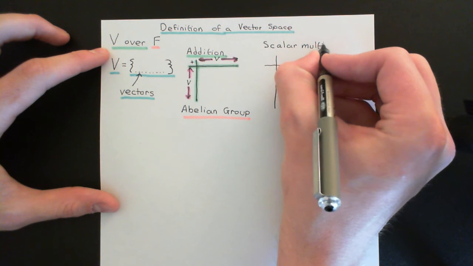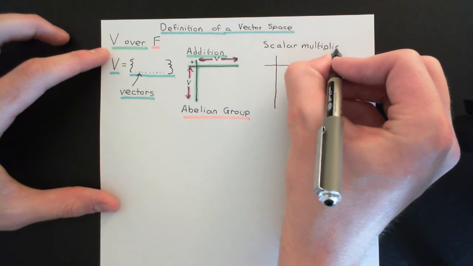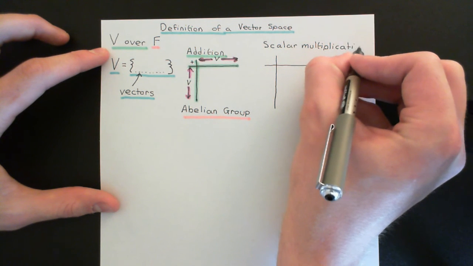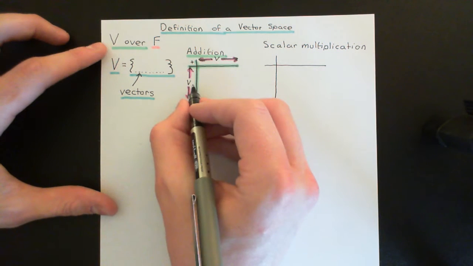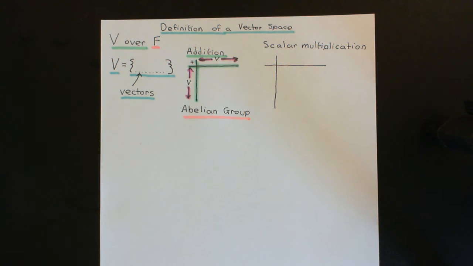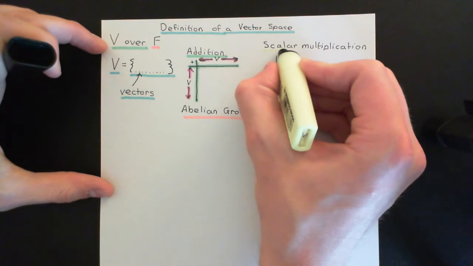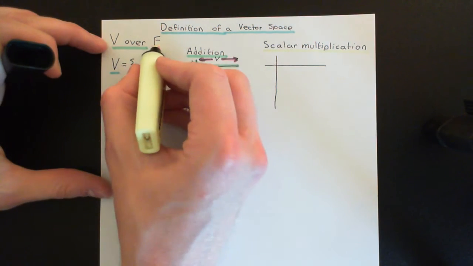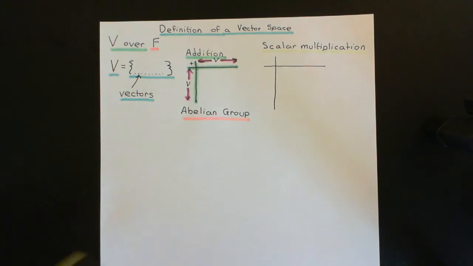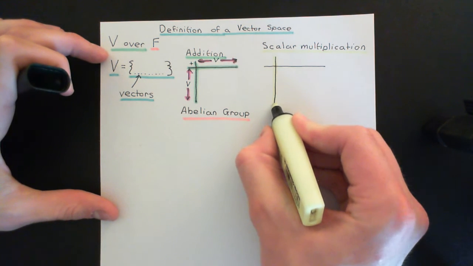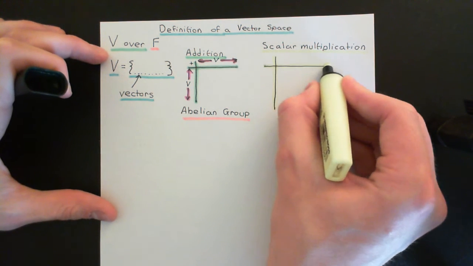This is not a composition table of elements of the vector space with elements of the vector space, unlike addition and unlike all of the composition tables that we have seen before. Instead, it is a composition table involving elements of the field capital F and elements of the vector space capital V. Let me draw a picture of this.